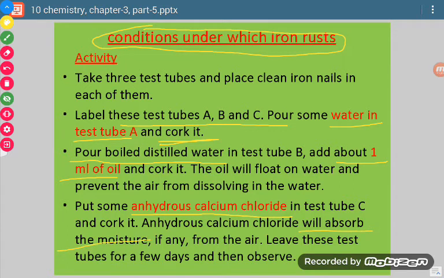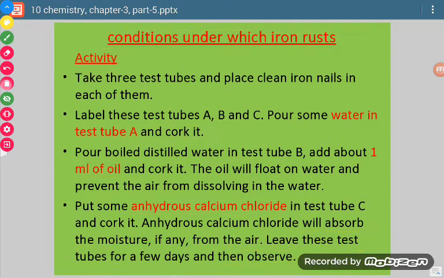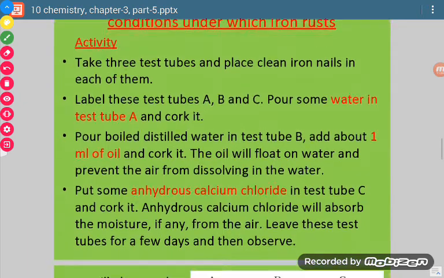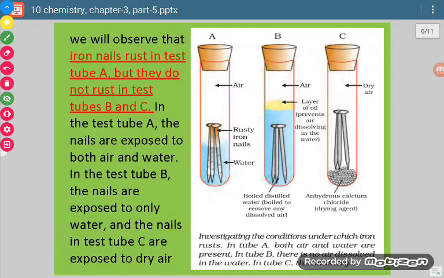We will airtight these all and then we will see where we can see the rust. Now from this diagram you can see here our nails are in contact with air also and with water also. In this case they are in contact with only water. Air is not at all there because we have taken boiled water and dissolved oxygen is taken out, and then